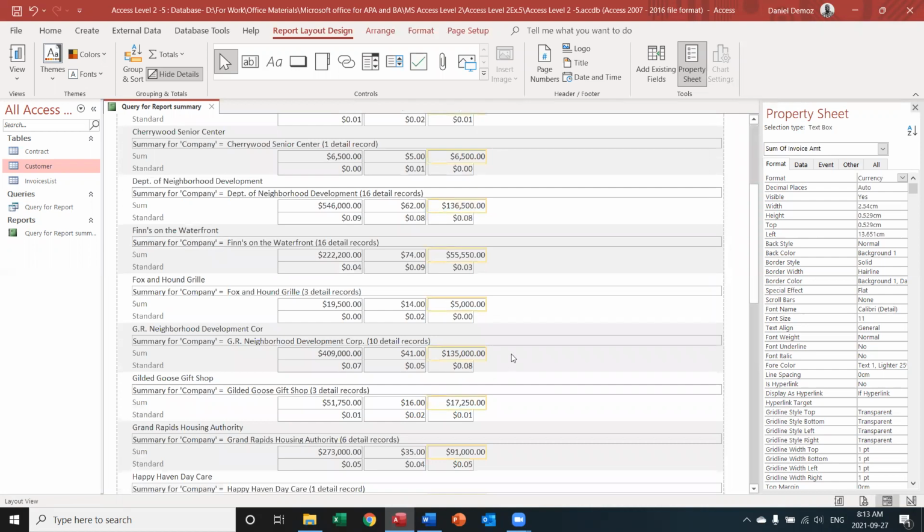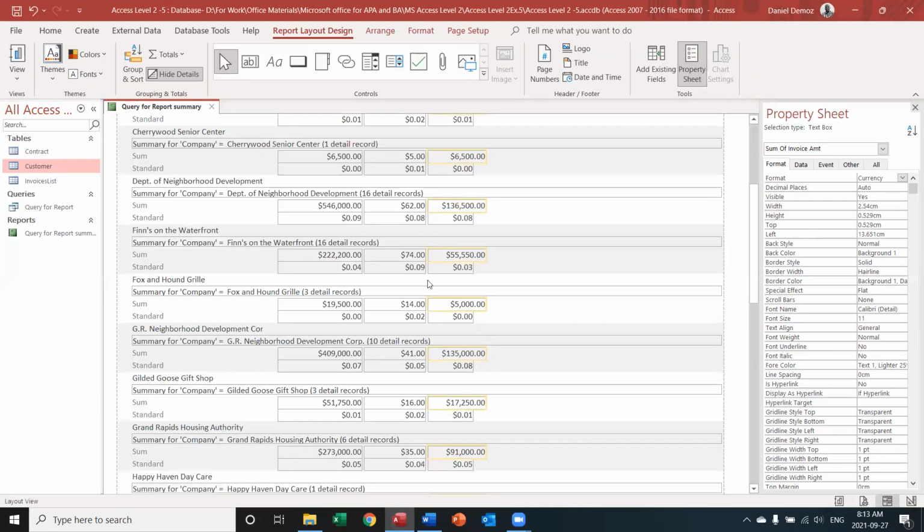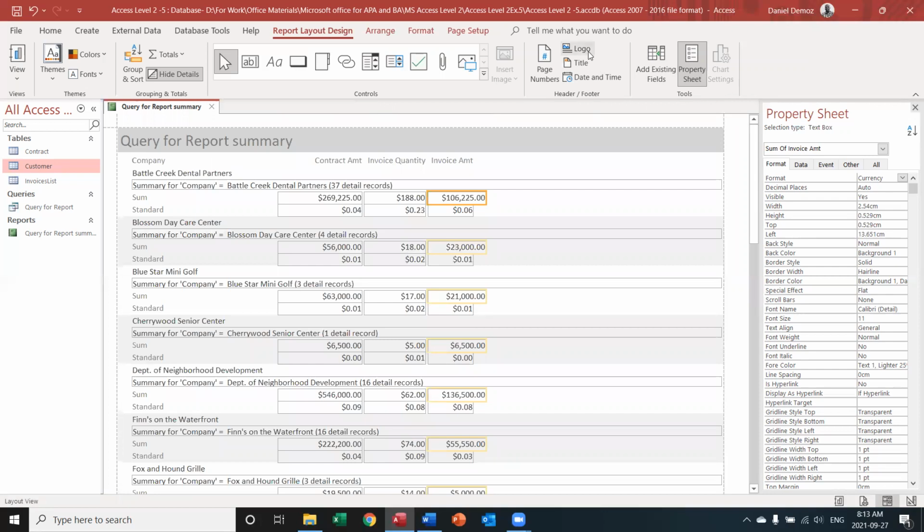I think we need to go to the next question then. In the reports, insert a design logo. You're going to insert a logo. Now, if you go up in here in the report layout design page, we have something that's called logo. And if we click this one,